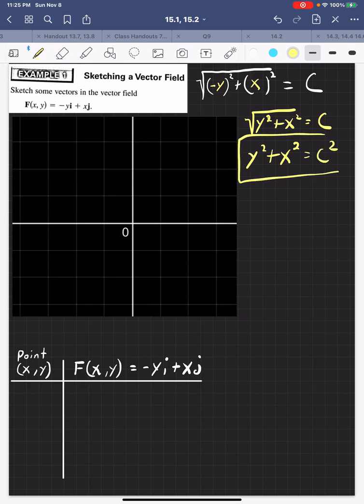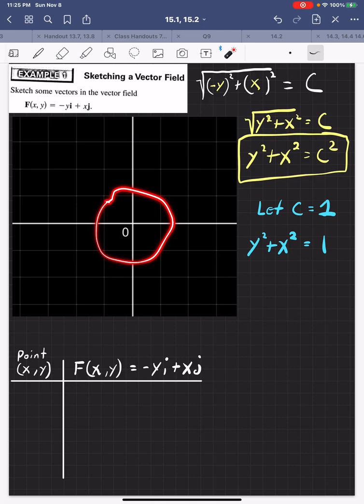Well, this is just a circle. So when I choose a value for c, I'm really choosing the radius of this circle, right? Again, let's make it as easy as we can. We'll start off and let c equal 1. So that gives me y squared plus x squared is equal to 1 squared. So, with a circle of radius 1,